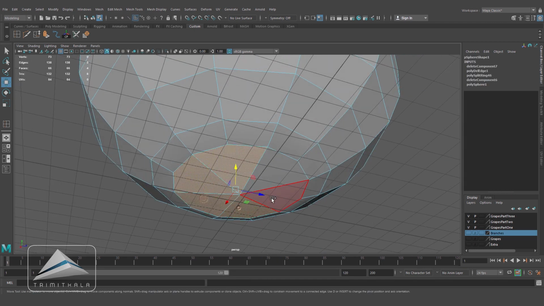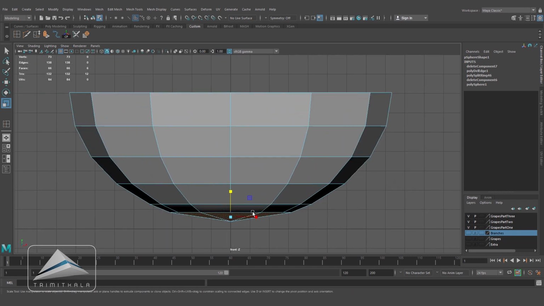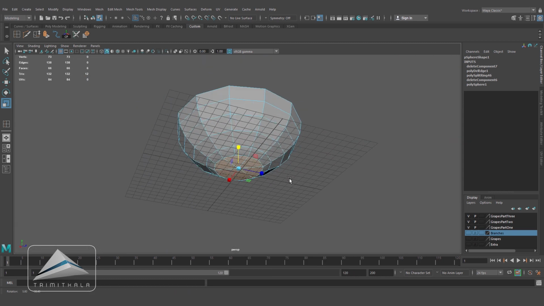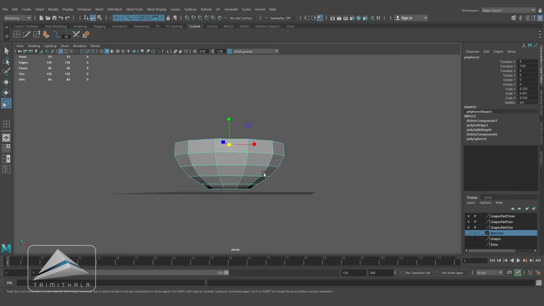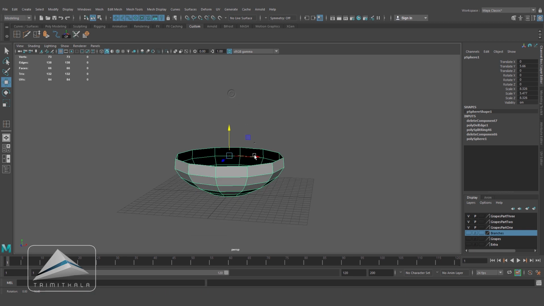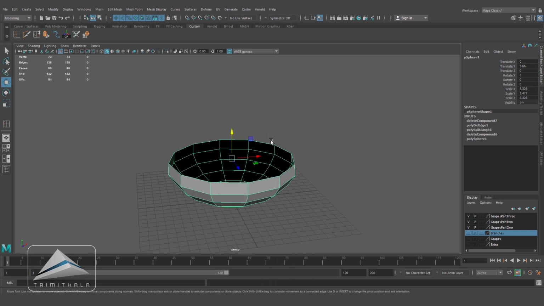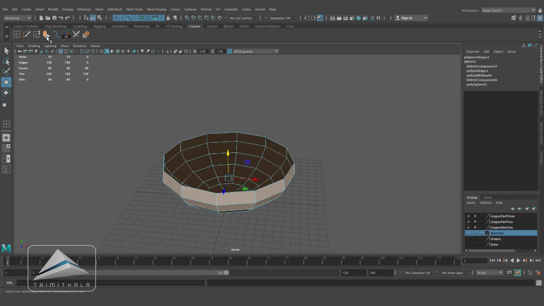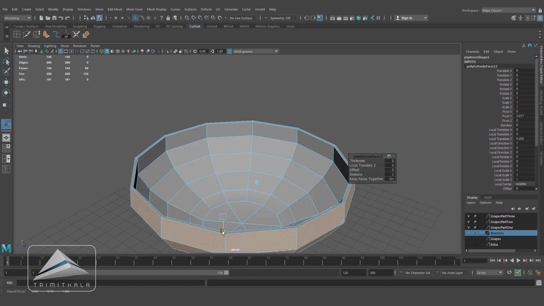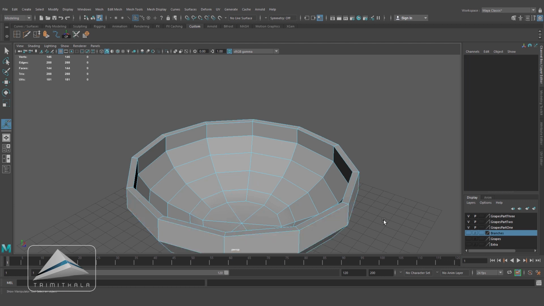Now selecting all the faces and scaling it down in the y-axis, and you can see how the bottom face has been flattened and it is looking like a ball. Scaling it down a little bit more and once again placing it on the grid. Alright, now selecting all the faces and extrude it, bringing it outer side, and you can see I am creating the thickness of the ball.